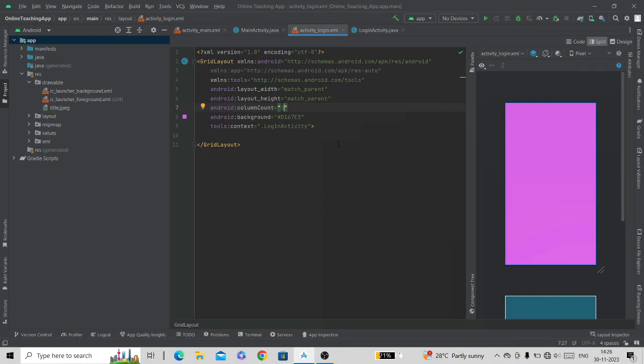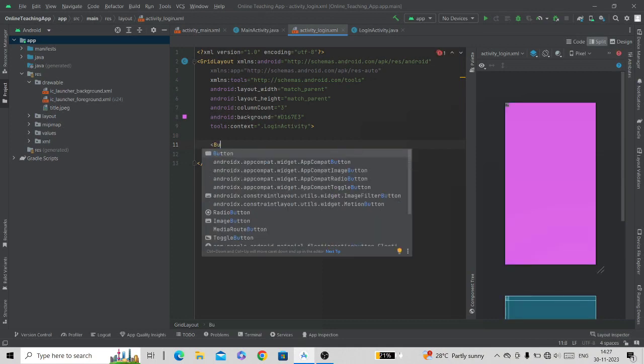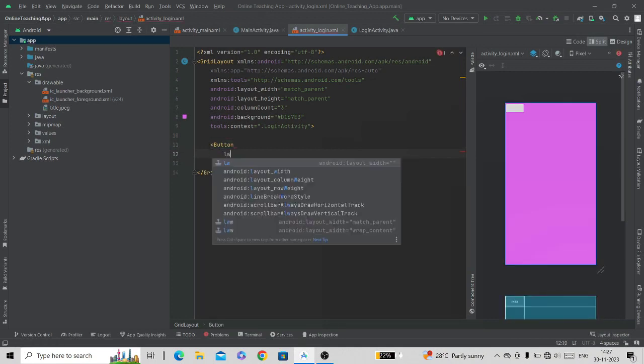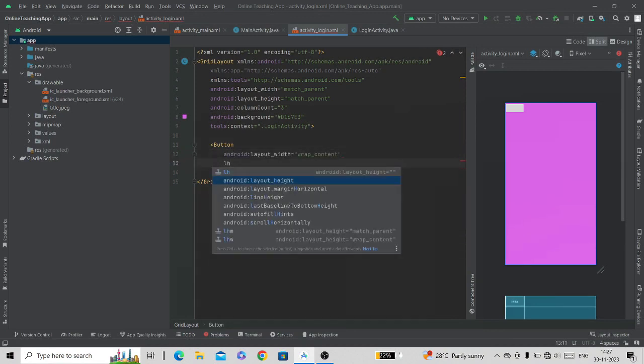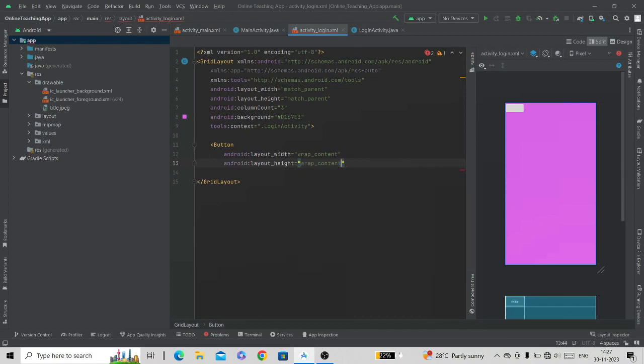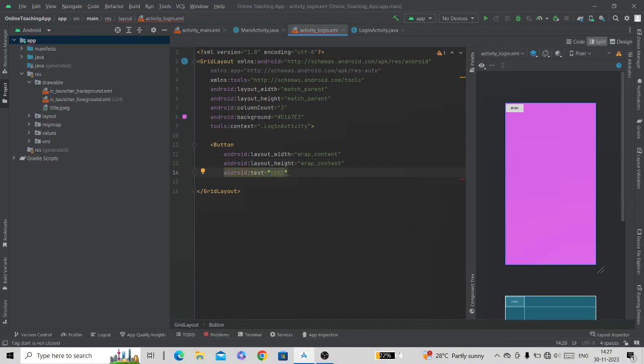Let's see how. Let's add some views here. We'll use button view. We will add a button view here. Layout width, wrap content, layout height, wrap content, text, button 1, close the button view.